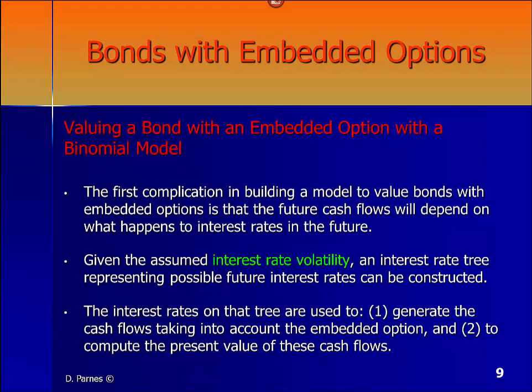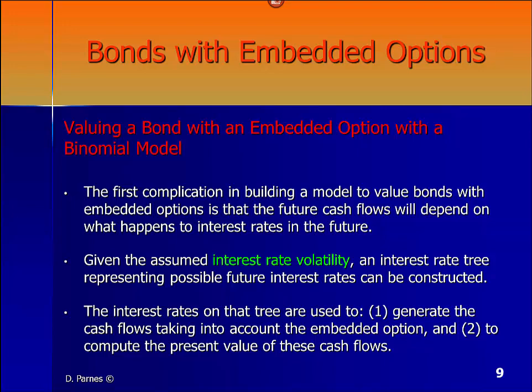Let's dip deeper and understand how eventually we're going to discount the future cash flows back to present time to get the value of bonds with embedded options. So the first complication in building a model to value bonds with embedded options is that future cash flows will depend on what happens to the interest rates in the future. There is obviously uncertainty to the future. Nothing is guaranteed, but we will try the best we can to predict what will be the future spot